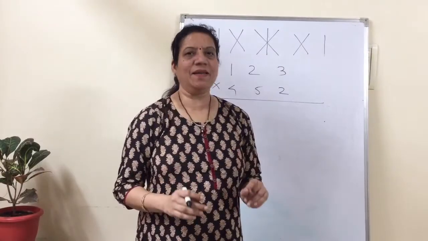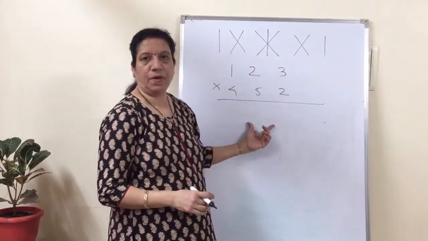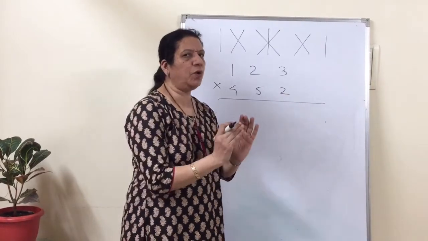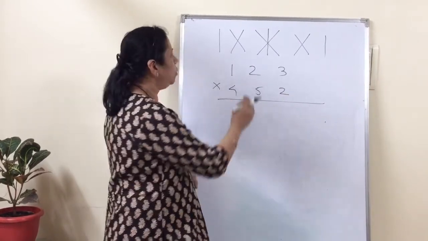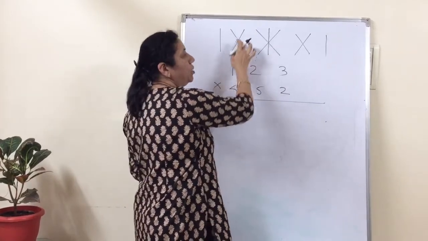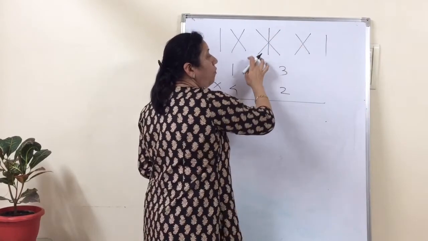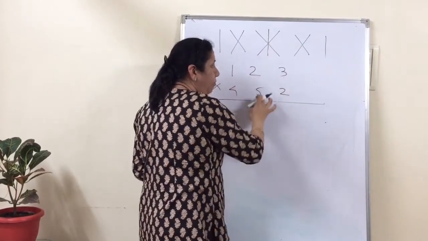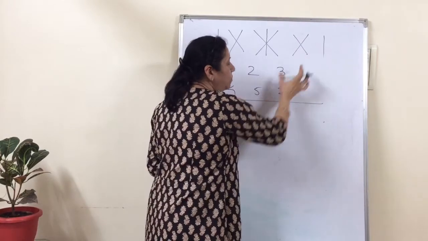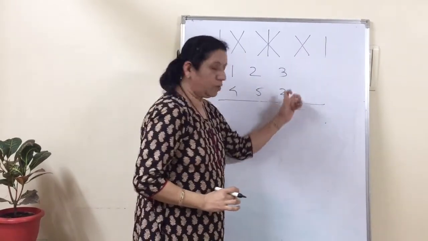Okay. Now let us learn multiplication of a 3-digit number with a 3-digit number. Okay. So as we have done in 2-digit numbers, but this is advanced. So what we will do, first vertical multiplication, then cross multiplication of 2 digits. Now here again cross multiplication of 2 digits and vertical of the middle one. Okay. Then again cross multiplication of the last 2 and vertical of the last single digit.